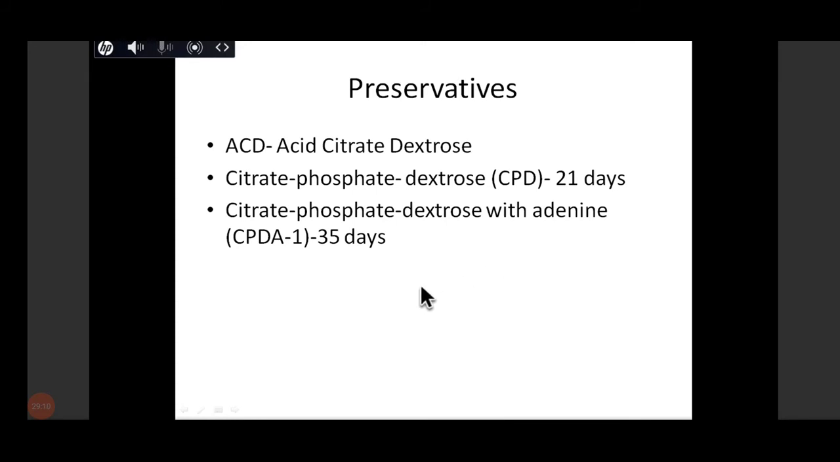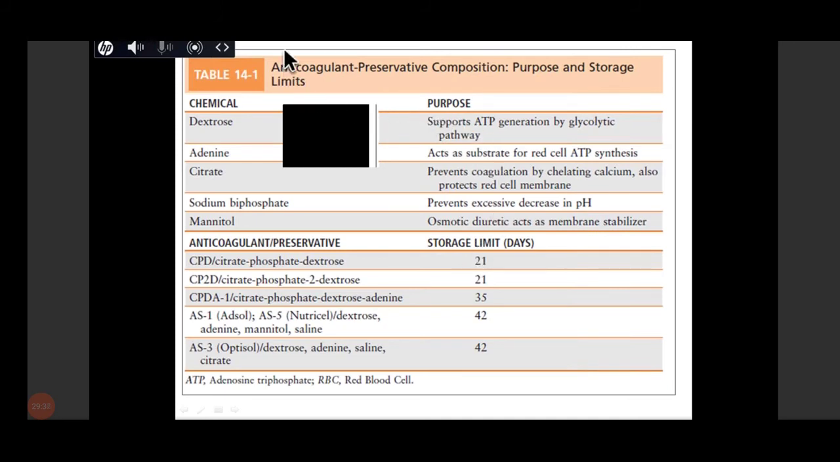We put some preservatives in the bags in which we are storing the blood, such as citrate dextrose or citrate phosphate dextrose, which can be stored for 21 days, or you add citrate phosphate dextrose with adenine to store it for 35 days. These are the additives which are packed in the bags as preservatives, which store the blood for a longer duration. Okay, this is the anticoagulant preservative composition which is used, and the storage limit, which can be